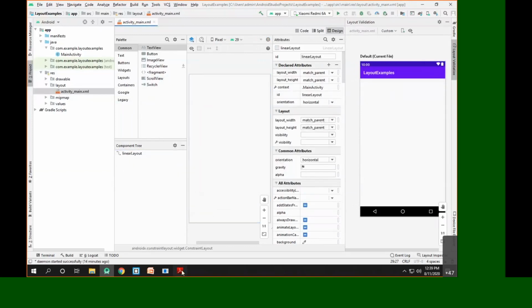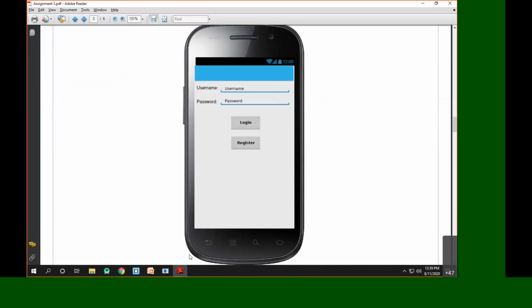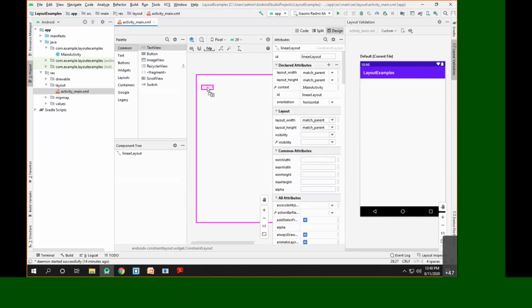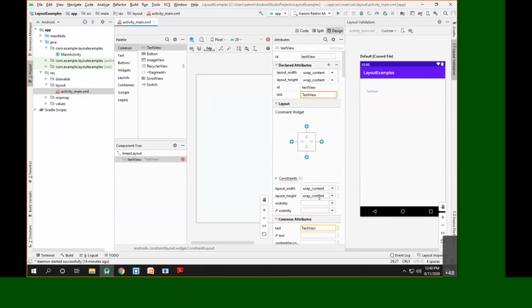Now, we basically have one text view. So we'll simply take one text view and add it here. As you can see, the text view is visible here. The text here is username.